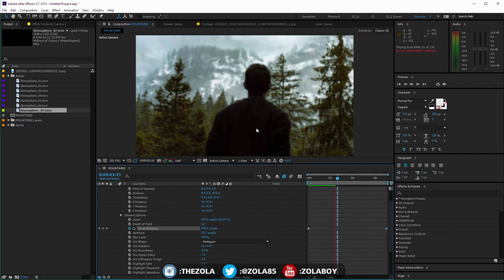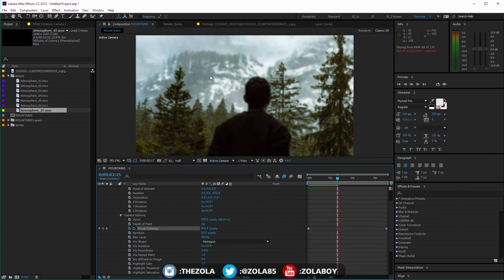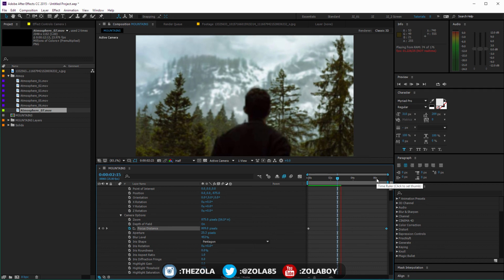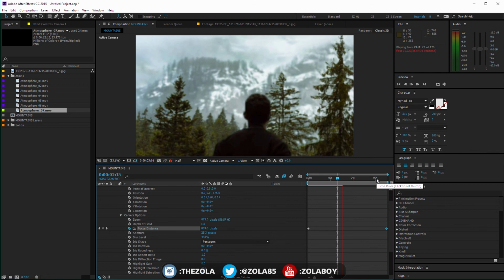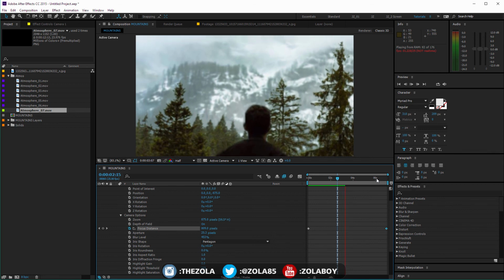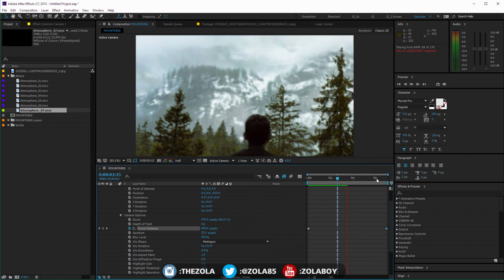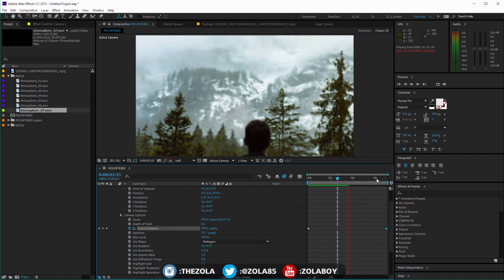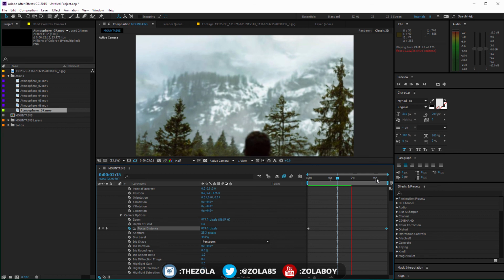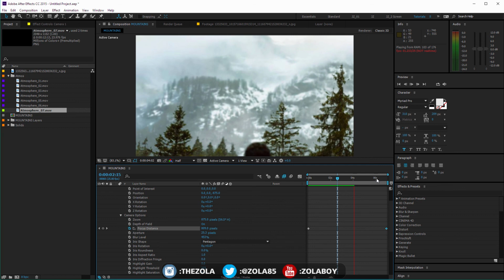Here we've got a slight focus pull as well. I started more in focus, and then I go out of focus as it switches to the trees and the mountains. This has taken half an hour, but that's me slowing down and explaining. If you have a really good quality photo, you can do some really amazing things with this. There's other stuff you can do. I could have added some snow in here or something similar, but that might be for another day. For now this is going to do.